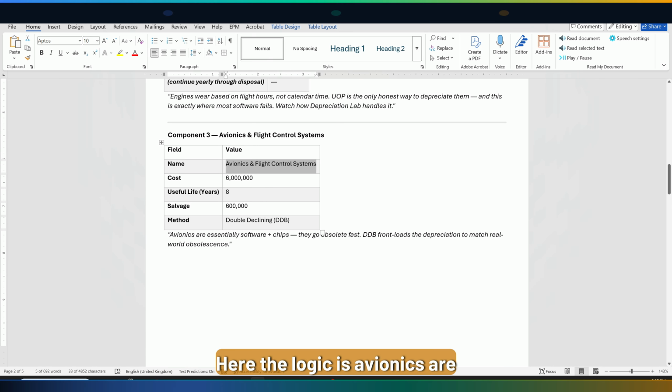And here the logic is avionics are essentially software and chips. They go obsolete very fast. DDB front loads the depreciation to match real world obsolescence. So that's the logic behind choosing double declining balance method for avionics and flight control system, this particular component in